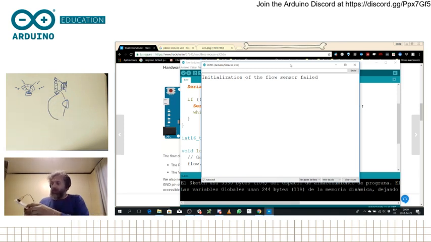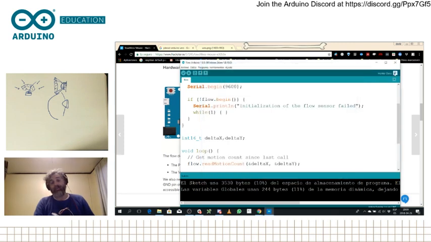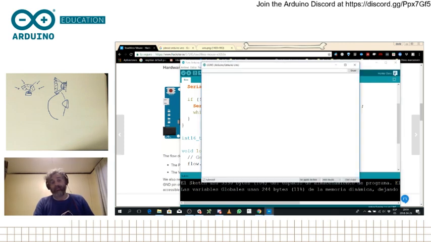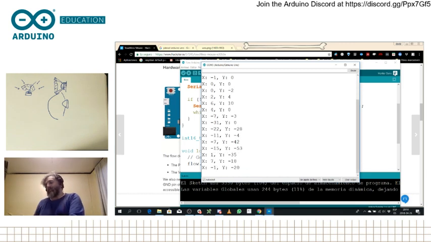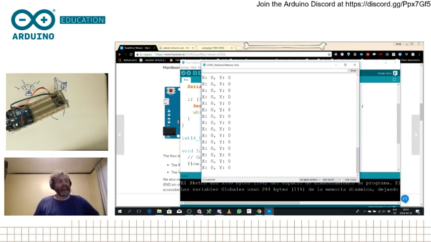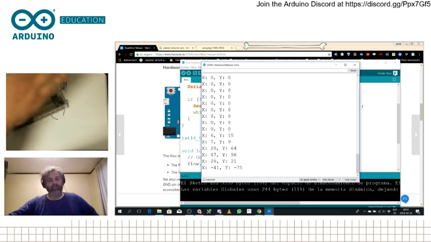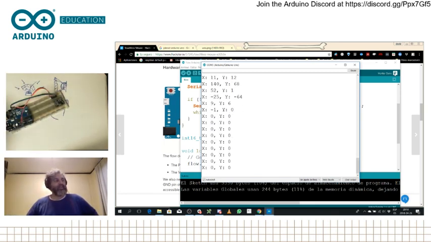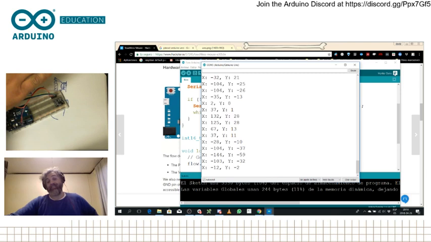So then I need to check whether I plug everything accordingly, because this thing should be working. Okay, yeah, I just hadn't pushed the sensor strong enough on the board. So now there is no movement, and if I move my hand on top, you see how it detects the movements in X and Y. This is actually pretty amazing.